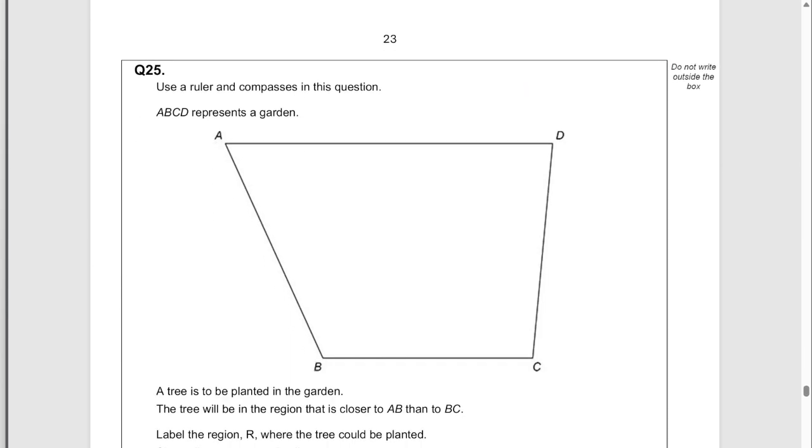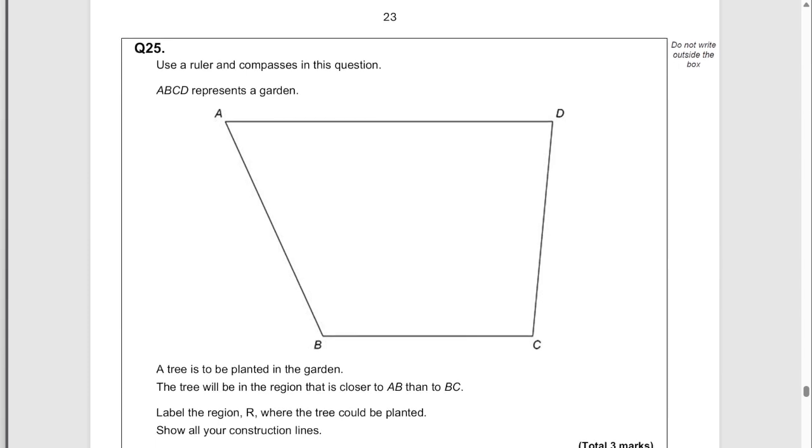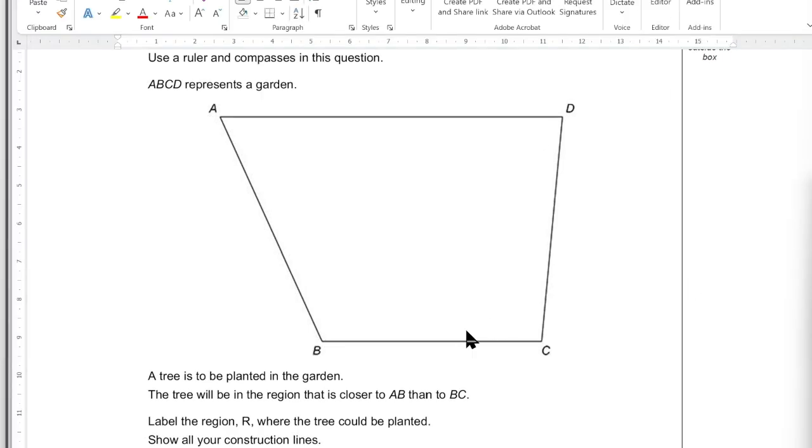Okay, question 25. Use a ruler and compass in this question. So I can't really use a ruler and compass, so I'm going to just bring this into Word to help me out a little bit. Okay, the tree is to be planted in the garden. The tree will be in the region that is closer to AB than BC. Label the region R where the tree could be planted. Show all your construction lines. So we want it to be closer to the line AB than it is to BC. So the first thing that we want to do is a bisector of the angle